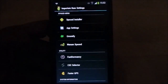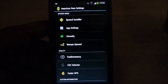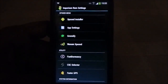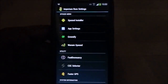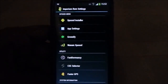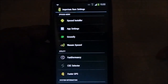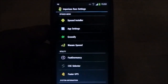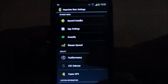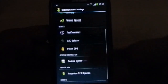Now, app setting for changing the DPI setting of certain apps and etc. Greenify, great tool for battery saving. And about the battery life, this ROM, out of all the current stock 4.3 ROMs, this one gave me the best battery life yet. Okay, but still I haven't used it for a really extended time. But initial impression is that it did give me a good, decent amount of battery life as of yet,